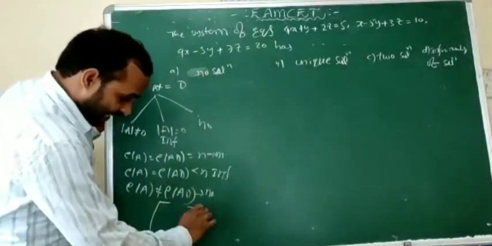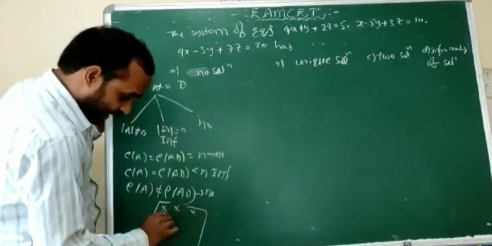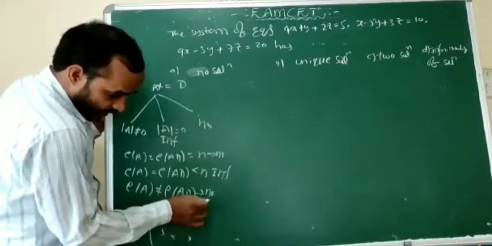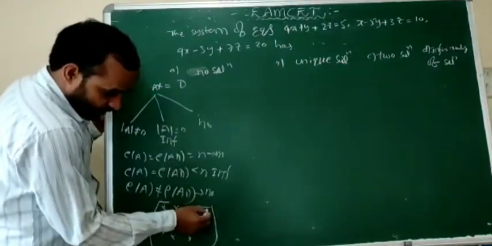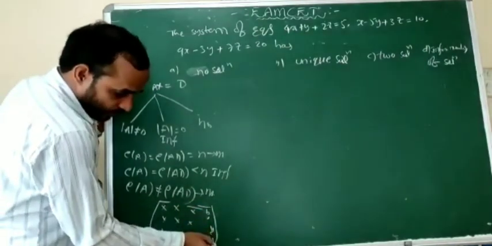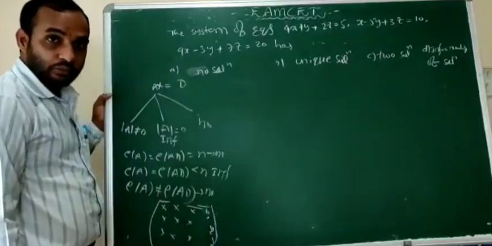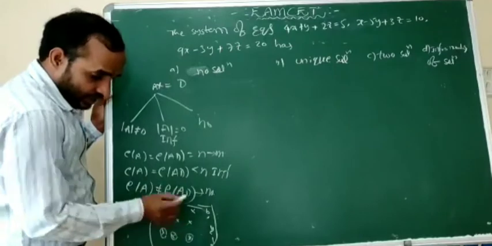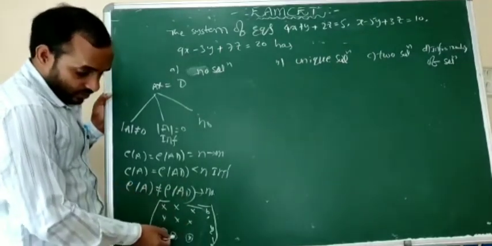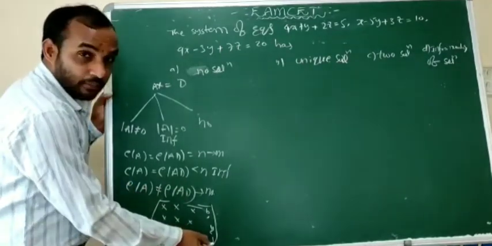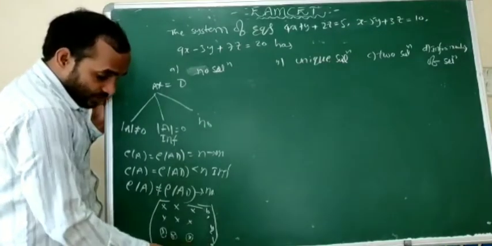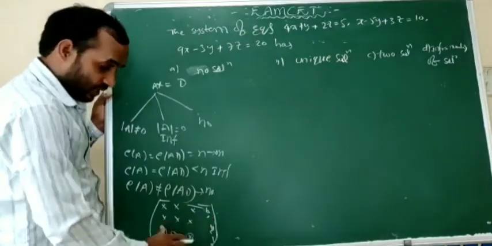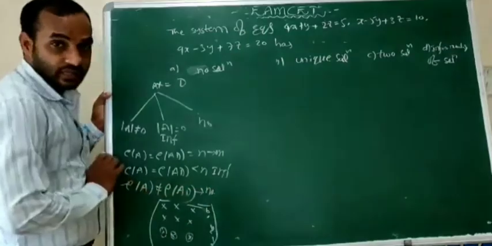So suppose, in the matrix, we take a convenient 3 by 3 matrix. First of all, 3 by 3. So this is a non-homogeneous equation, B1, B2 and B3. After row transformation, here is 0, here is 0, here is 0, here 0, 0, 0, but this is a number, which is highly impossible. Because rank of A is 2 and rank of AD is 3, it is called no solutions exist in this case.